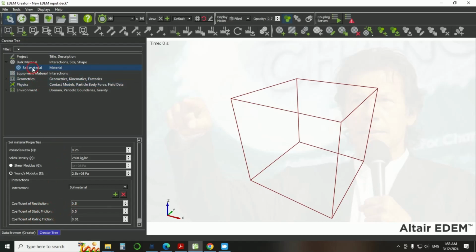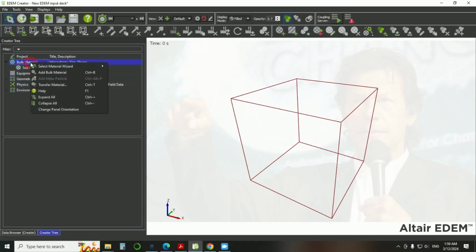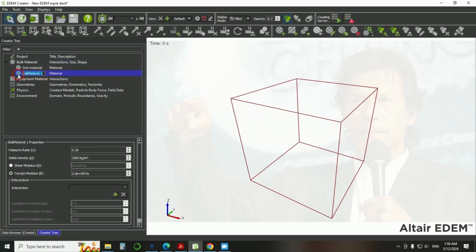We created a new material, we defined its physical or mechanical properties, and then we defined the interaction between the particles. Similarly, if you want to create another material, because you are going to deal with different materials in your model, we will go to material, bulk material, and then add material. And this time, let's suppose I type the name sand